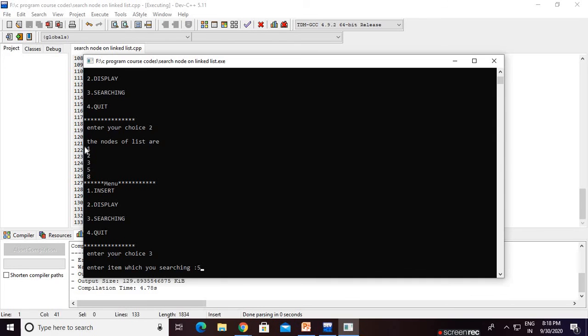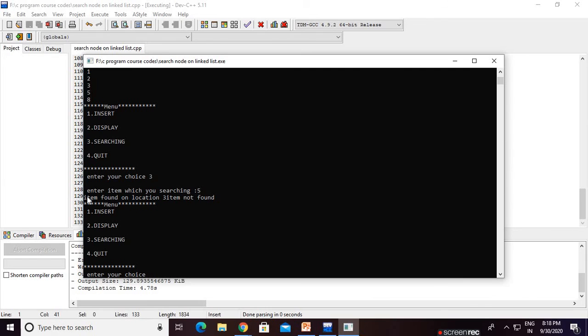This is the data part. These are basically all nodes. How many nodes are there? 5 nodes. We are finding the data that is 5. So now, what is the index of 5? 0, 1, 2, 3. 3. What is the value returned? Yes, item found at location 3. Okay. So right, item found at location 3. This is the correct result. As we know that this is 0, 1, 2, 3, so 5 is at index number 3. It is showing the correct result.